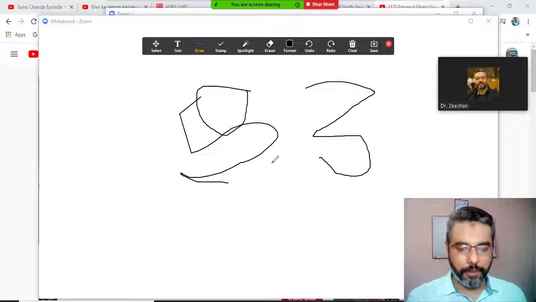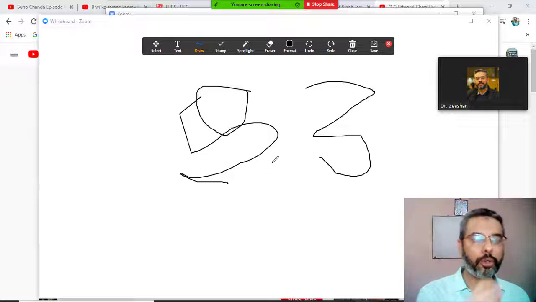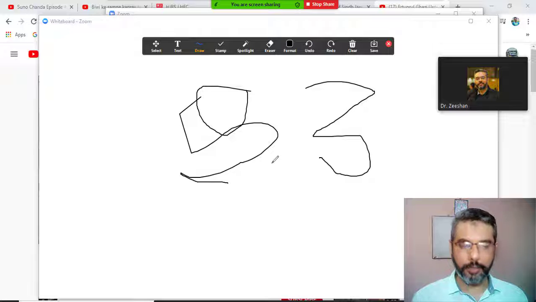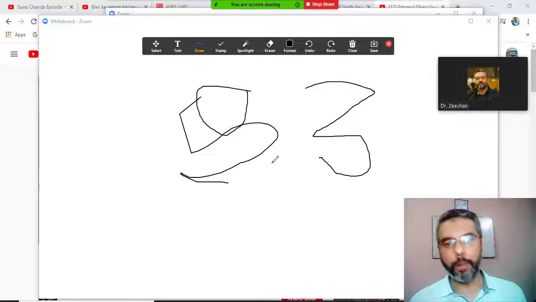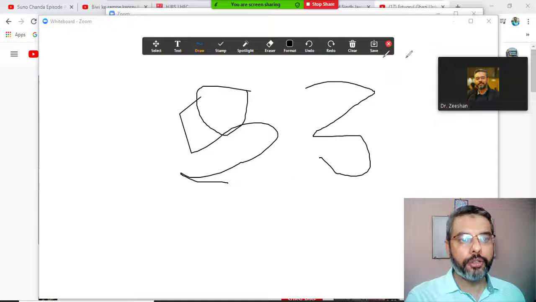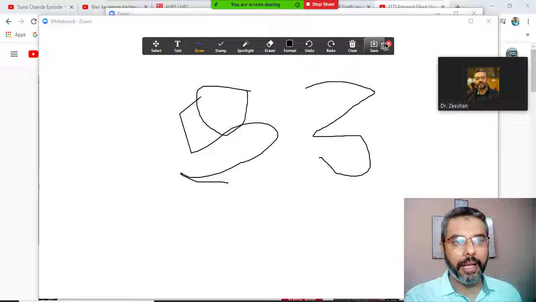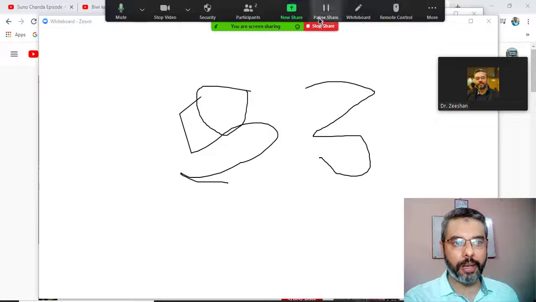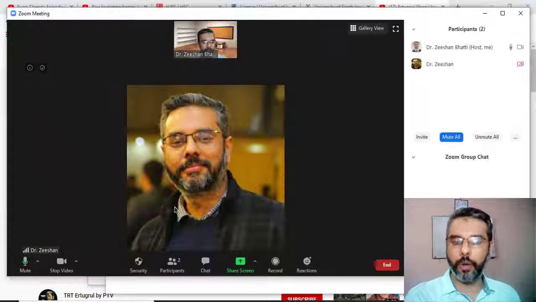So if you have a writing pad, you can use that to give some information. And if you're a math teacher, for example, you can use this whiteboard as a tool to write, but of course you have to use your mouse, or a digital pen board if you have that available as well. So that's one option available. We can also end the session by clicking on stop share, and the stop sharing would appear.